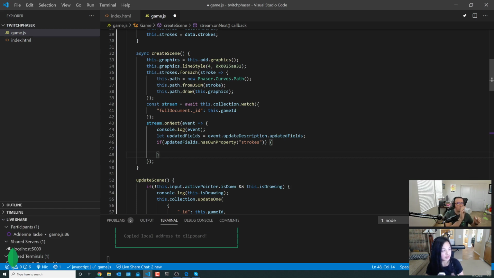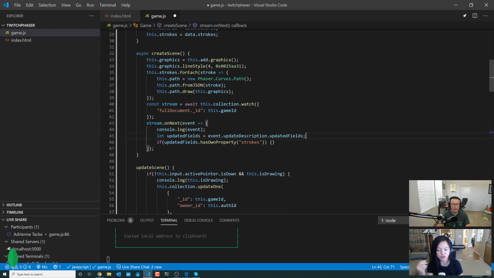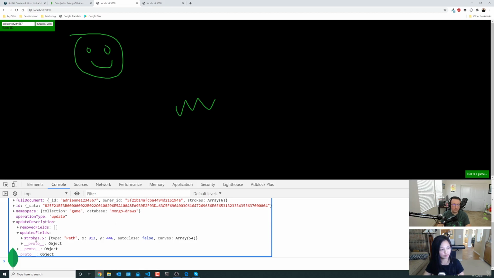We got down to the updated fields, right? Because that's the only one that we care about. And we're now looking to see the specific strokes property. I think you wanted to try to manipulate it into an array if it's not already, because we want to do something similar to where we drew it out. We want to ideally loop through the updated strokes and then draw them. Yeah, you're right. And I don't think we should worry about turning it into an array yet, because in JavaScript we can still loop through objects. That's where I'm going. So we just need to loop through all of the objects inside of the updated fields.